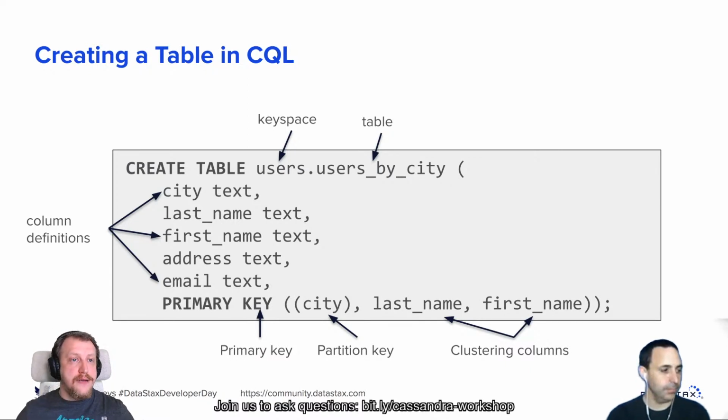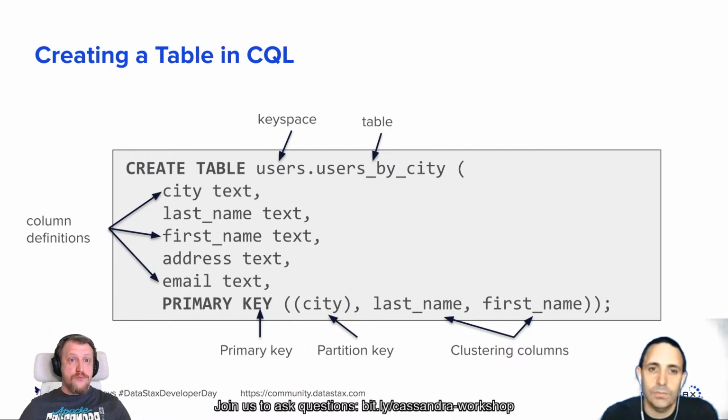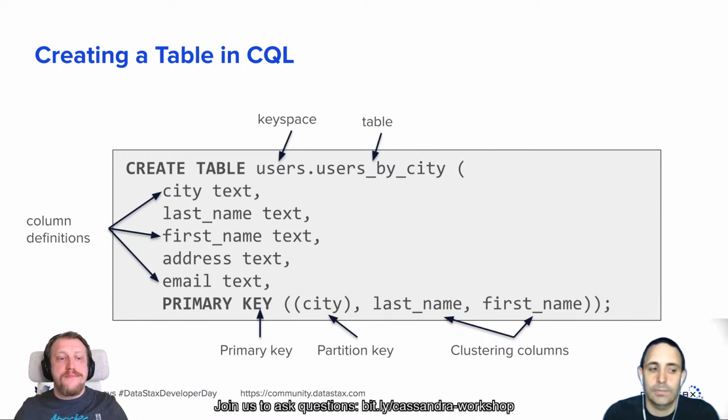One last thing. Creating a table in SQL. I explained it briefly. I want to add 2 more things. As you see, the syntax to create a table in Cassandra is very similar to the syntax in any SQL language. So we create table, we specify the keyspace, we specify the table name, we specify fields like city will be text, last name will be text, amount of inhabitants will be integer. So this is all very familiar.